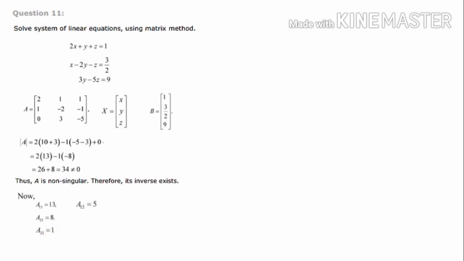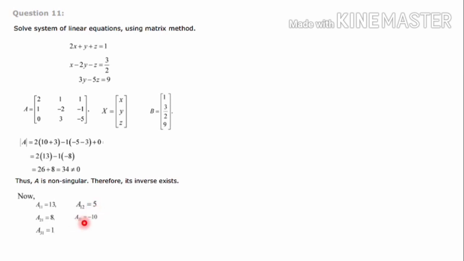Next is the cofactor of the element A12, that is first row, second element, that is first row, second column, that is here 1. If you take 1, that particular row and column is gone. 1 into minus 5, that is minus 5 minus 0. So we will get minus 5. And here 1 and 2, if you add, you will get an odd number. So there is a minus sign outside. 2 minuses together plus. So the final answer is plus 5.